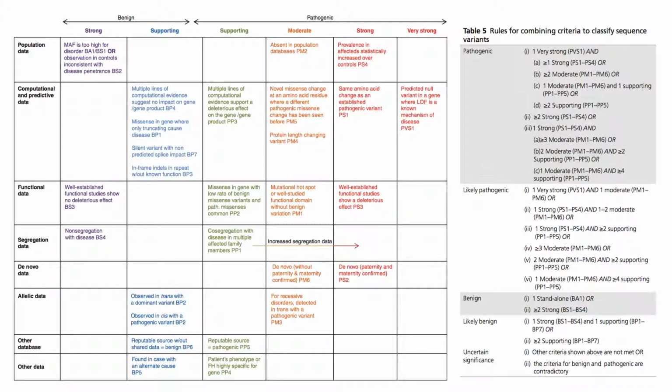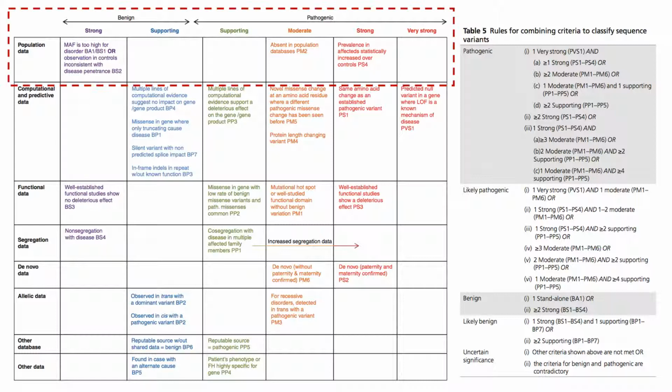This figure provides a visual of the different criteria outlined as part of this guideline and how they are grouped into different types of evidence. For this presentation, we will be focusing on population data, which is the top row of the figure. As previously mentioned, population data can be used with different levels or strengths of evidence, which are outlined at the top of the figure, and the table to the right shows how different combinations of evidence can be combined to